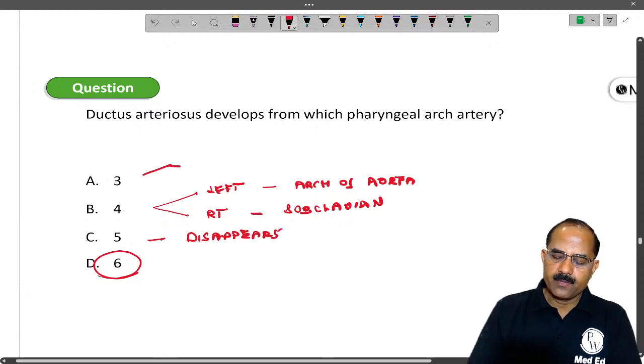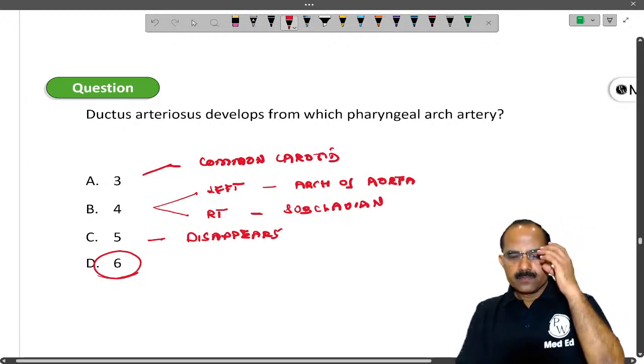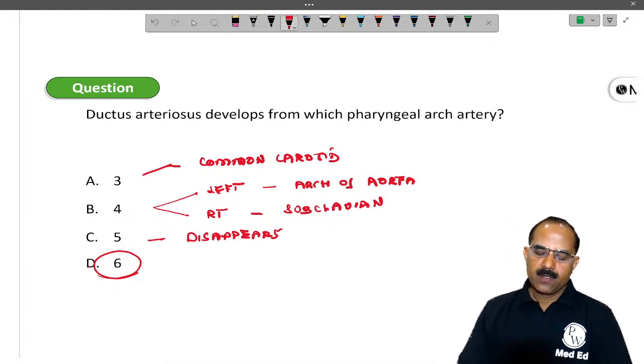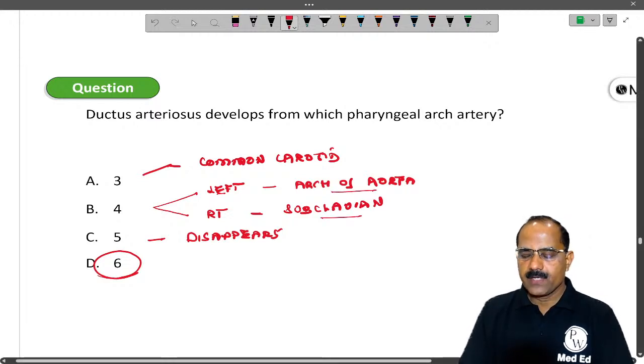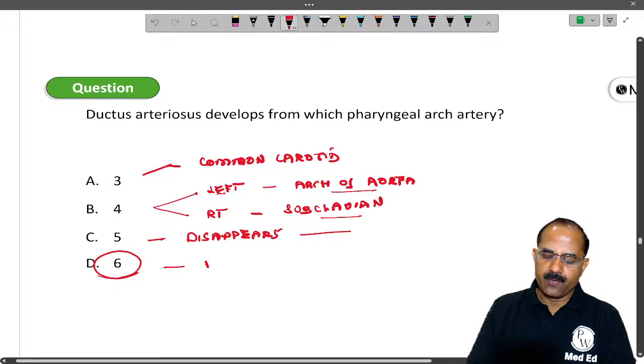Third arch artery forms the common carotids. Fourth arch artery on the left side forms the arch of aorta, on the right side forms the subclavian artery. Fifth arch artery disappears. Sixth arch artery forms the pulmonary artery